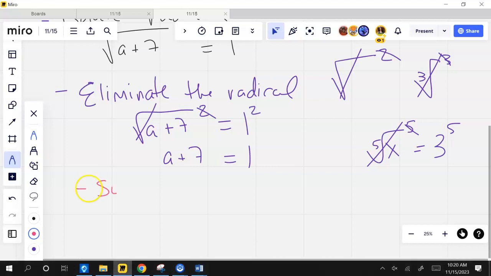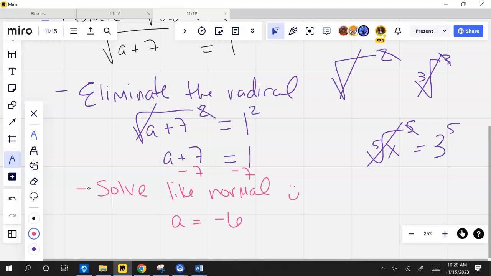And then we just solve like normal. I started with an easy one. Subtract 7. What does a equal? -6. That was so easy. So easy. Now, here's the little bit harder part because we're dealing with square roots. And what happens when you take the square root of a number? Like the square root of, say, 25. Or